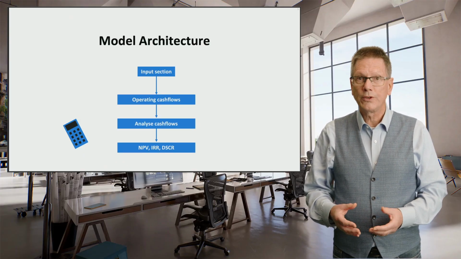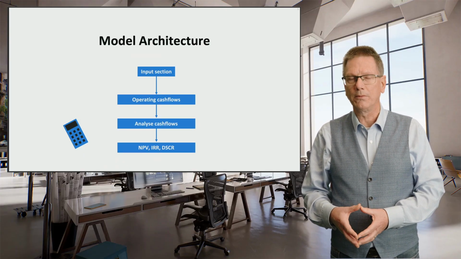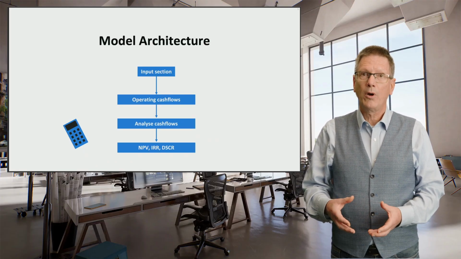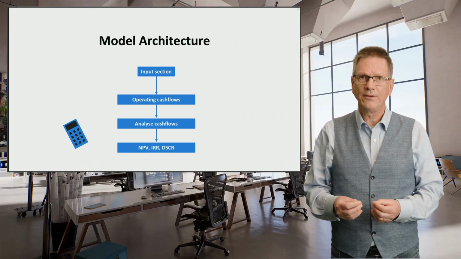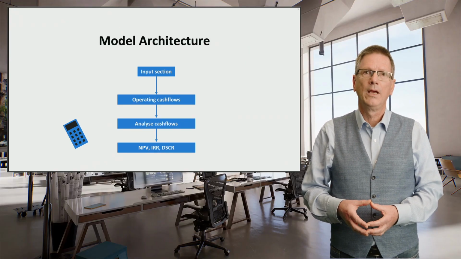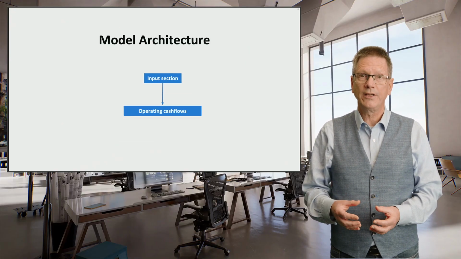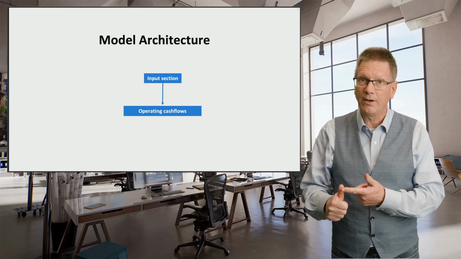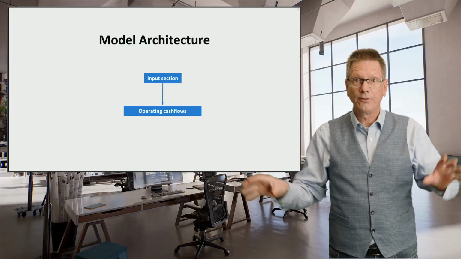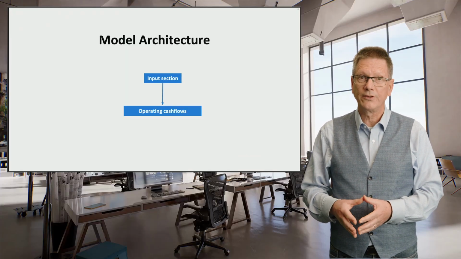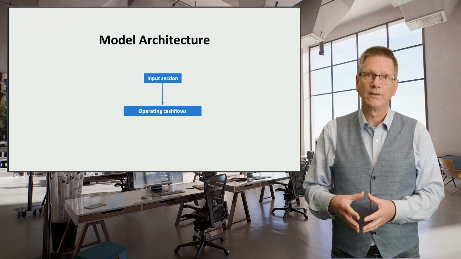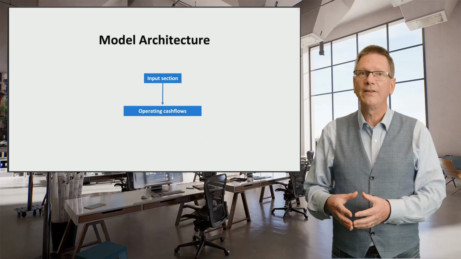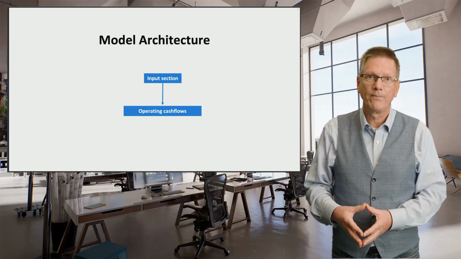The model will be used and reviewed by many different people, often people with different educational backgrounds. That's why a good model needs to have a clear and understandable architecture. Important aspects of this architecture are that all the input assumptions are recorded together. They shouldn't be scattered throughout the model, and the source of these assumptions should also be identified. Verified participants can download a model in our case study, and they can see what typical inputs are.